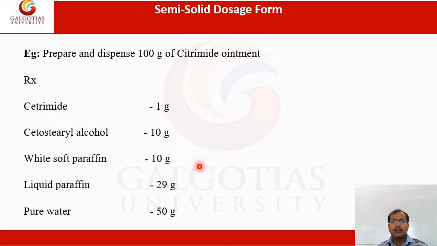These are the ingredients used to prepare 100 gram of cetrimide ointment. In this preparation cetrimide is used as the drug, the API, to show the therapeutic effect, while cetostearyl alcohol, white soft paraffin, liquid paraffin and purified water are used as the base.